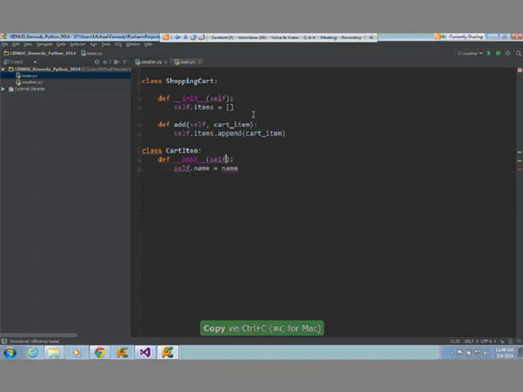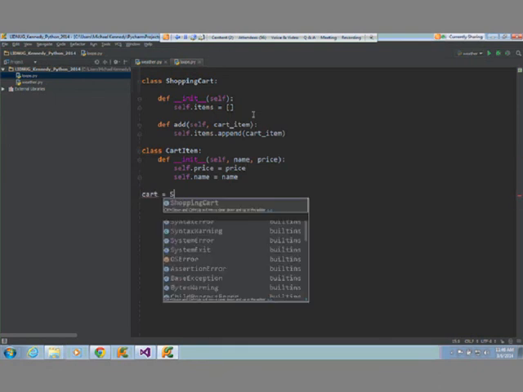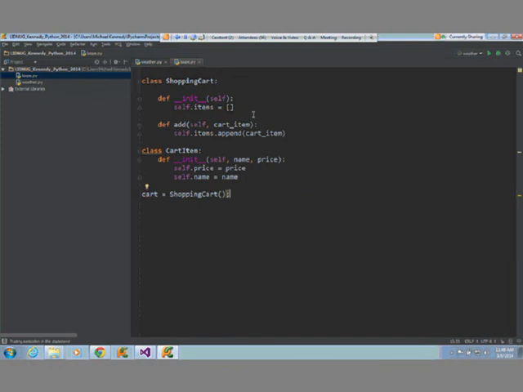Then we need to put this printer up here, and we could also say price. Have this cool little ReSharper-like thing, let you add the price automatically. So let's create our shopping cart. So say cart equals ShoppingCart. That's how you basically call new. Assume you write semicolons and curly braces.